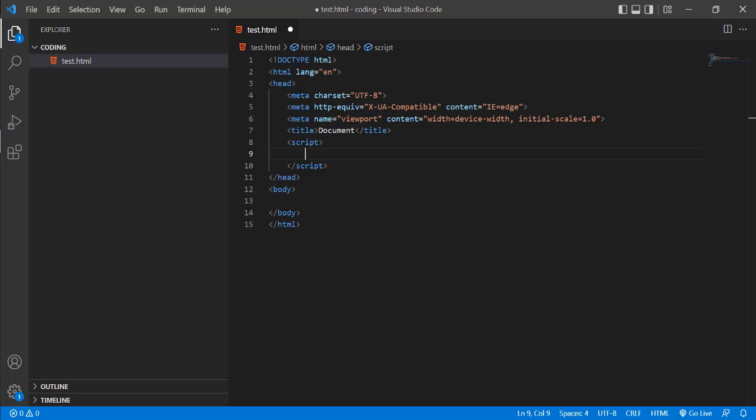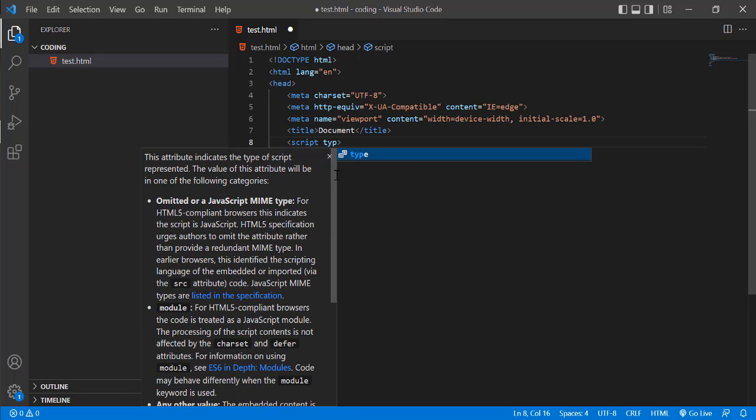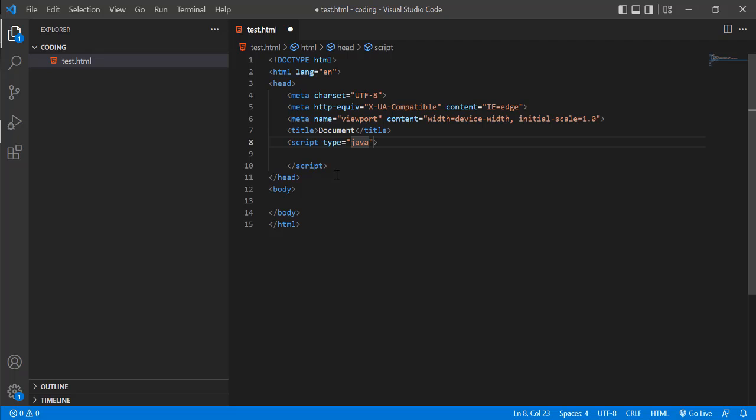So for the time being, what we are going to do is specify what script we are going to write. So I'll say type is equal to text/javascript. This is nothing but us telling the browser that we'll be running JavaScript in the browser, so the browser understands that it needs to run JavaScript code. So the JavaScript code is next, and it will interpret it going forward.